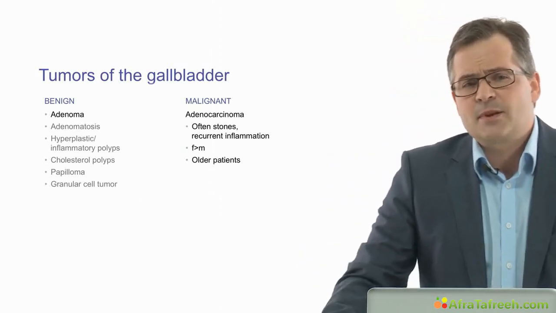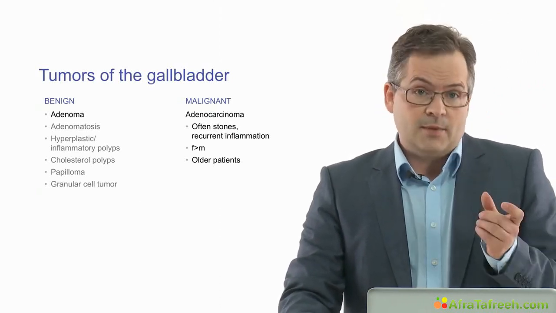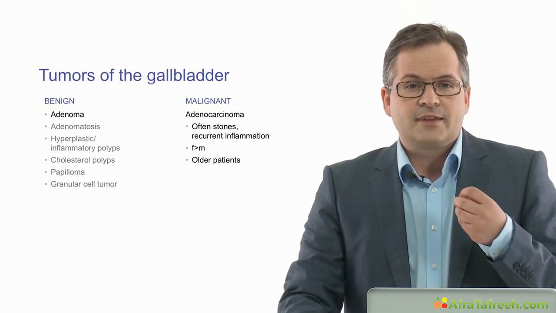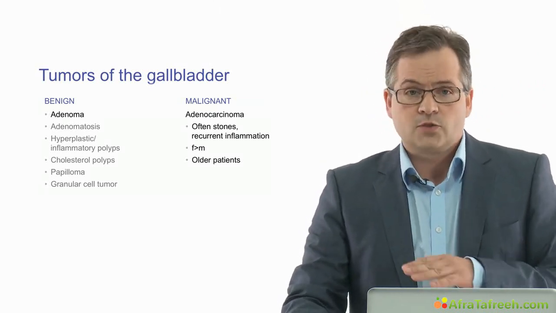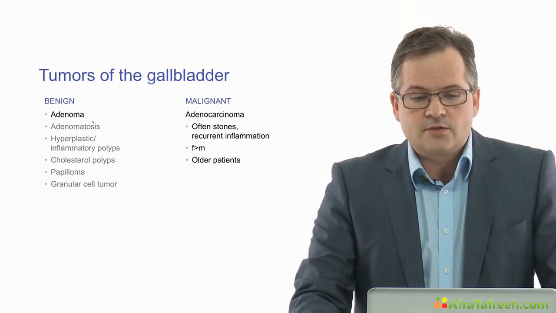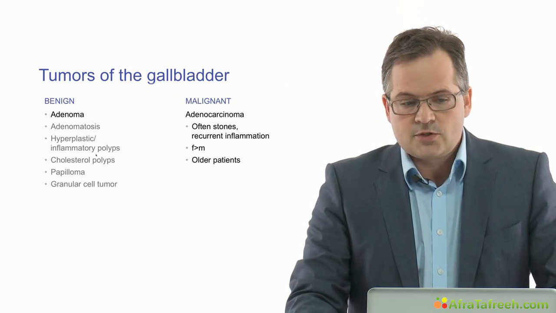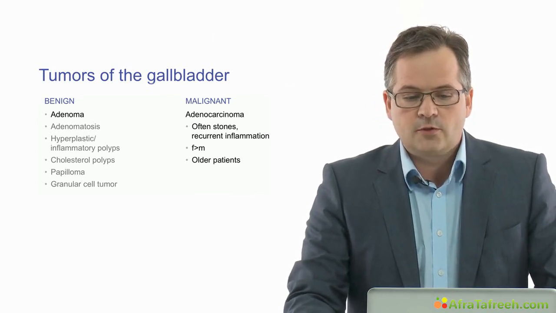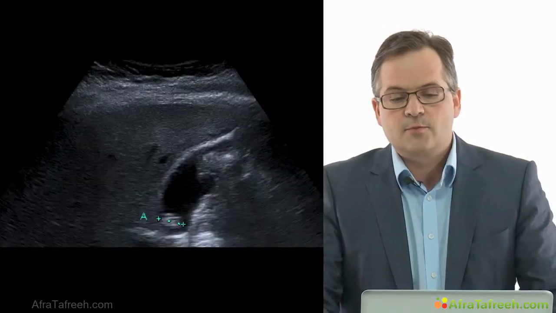They ought to be examined regularly in future, because if they are larger than 10 millimeters in diameter, or if they increase in size rapidly, it's recommended that the gallbladder should be operated. It's not so easy to differentiate between the benign tumors, so we are only going to look for polyps, and we see there is no posterior acoustic shadowing, and they're attached to the wall,